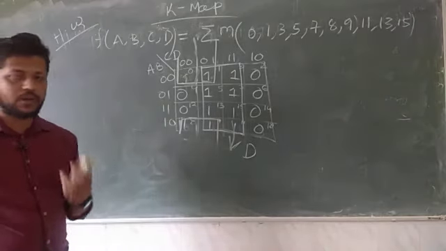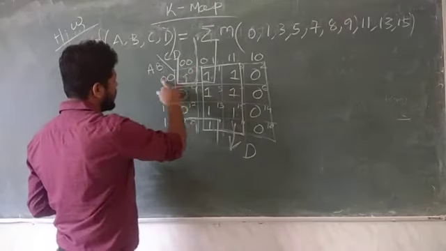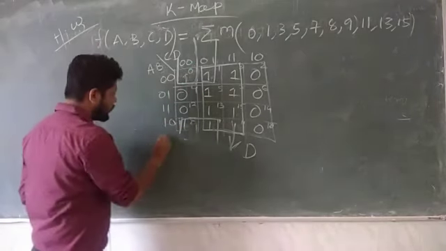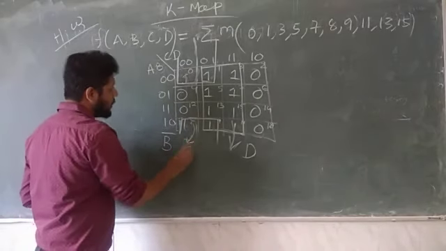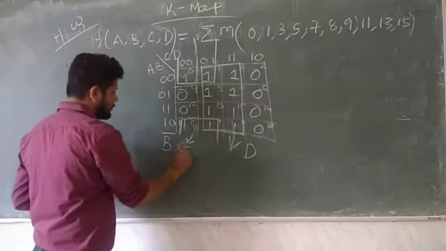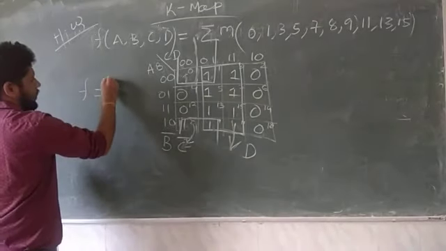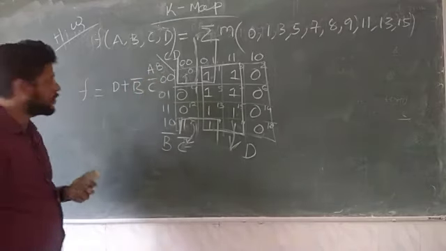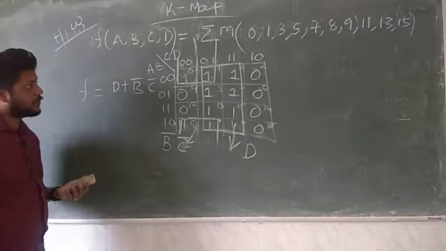Then we have 1. So 4 possible combination, this means 0 0 0 1 and this is 0 0 1 0. So here 0 0 is constant, so for this expression this is your B bar. 0 0 0 1, so this is your C bar. So the answer will be combinedly F is equal to D plus B bar C bar. F is equal to D plus B bar C bar. So in this way we can design the 4 variable K map.